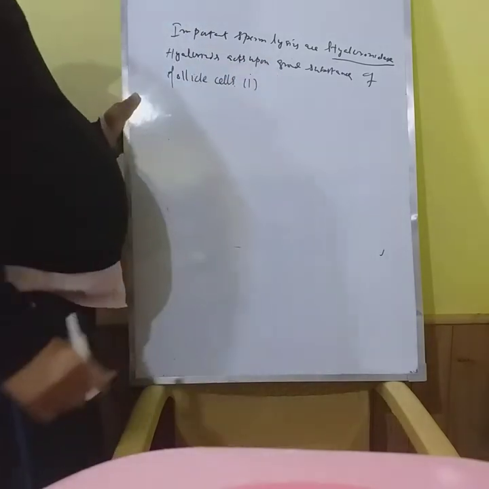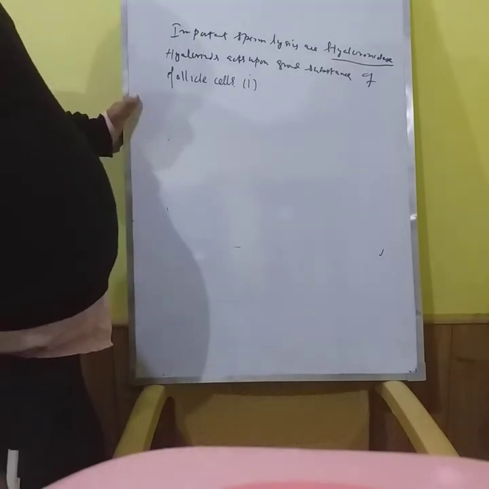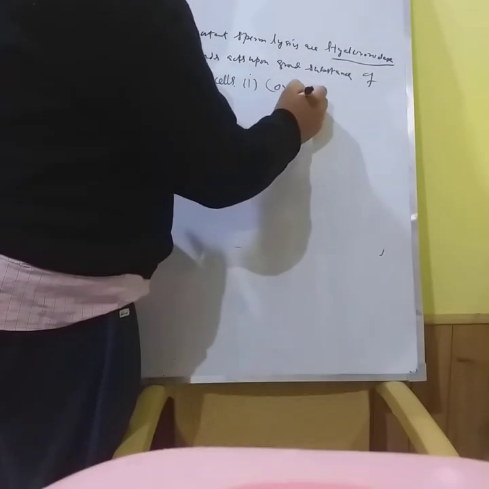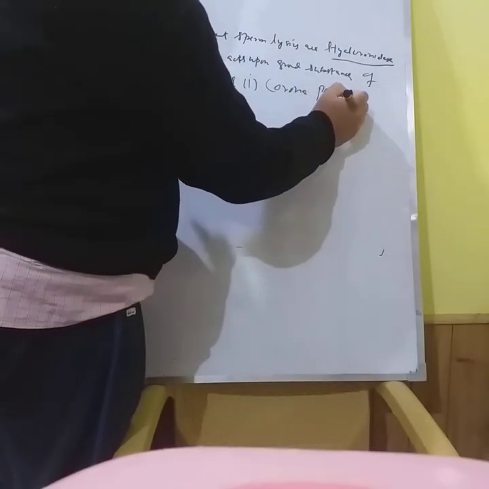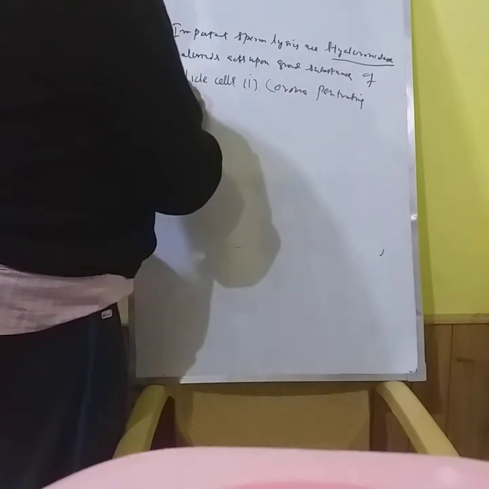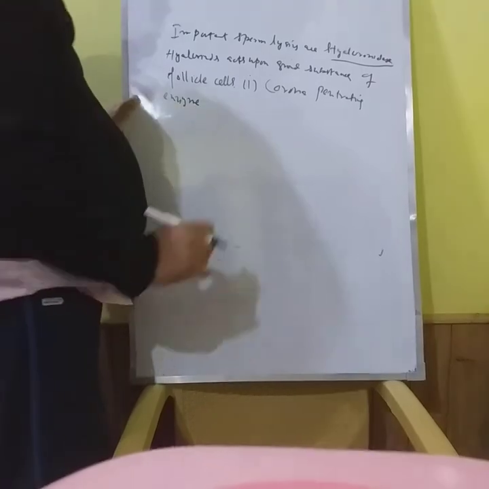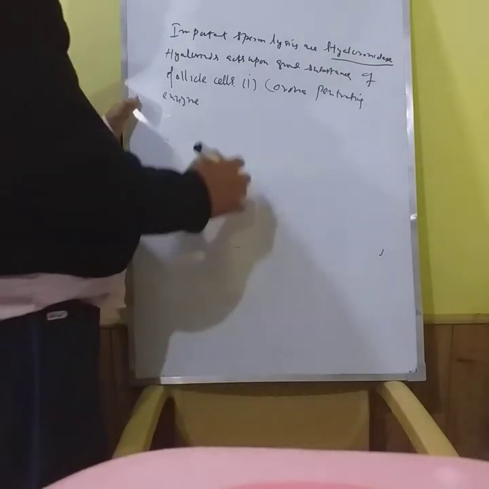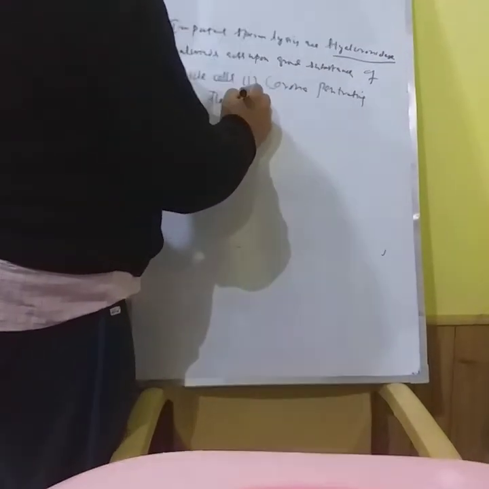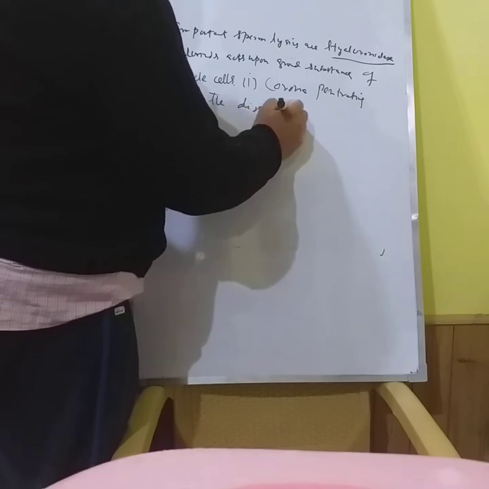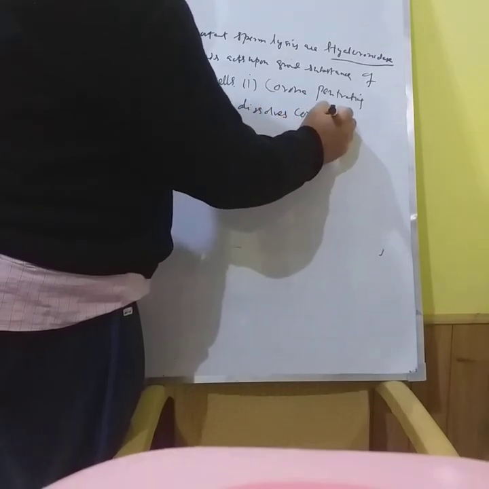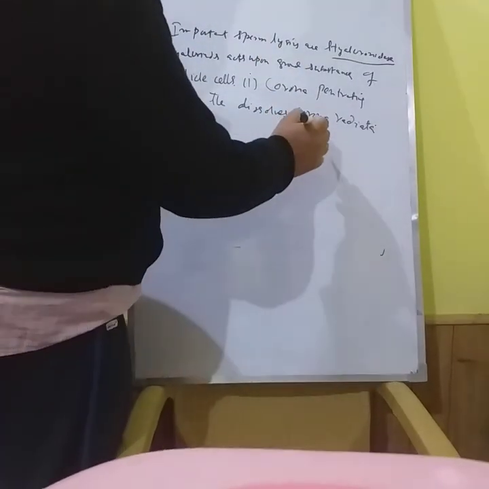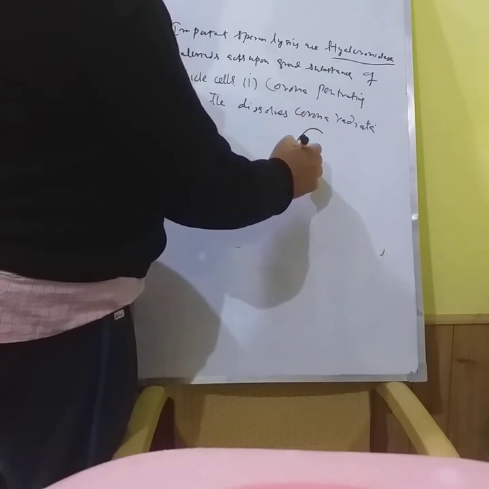Number first, these are the corona penetrating enzyme, and that dissolves the corona radiata, because if we go toward the structure of the ovum,